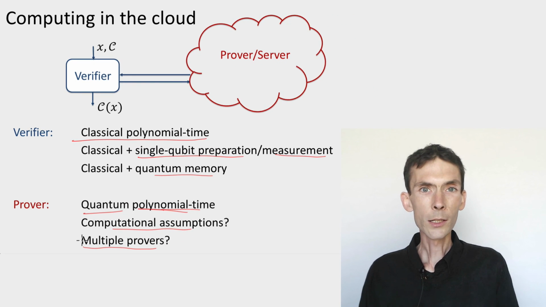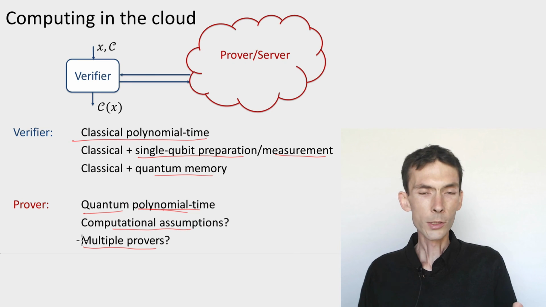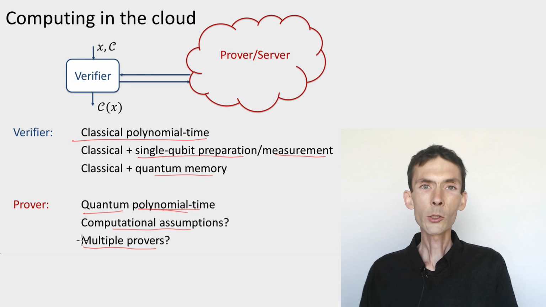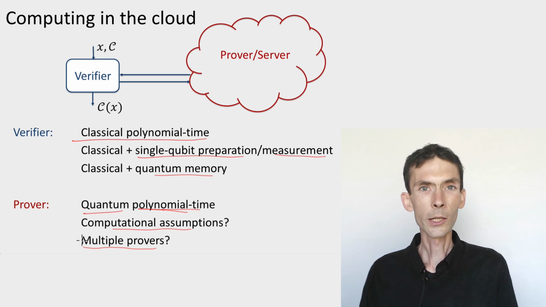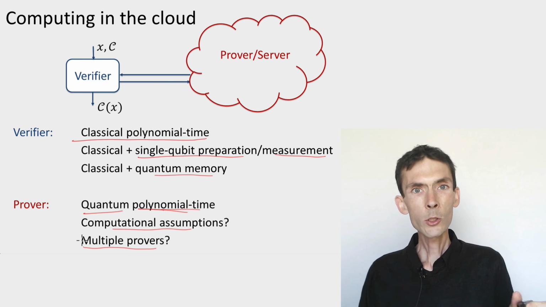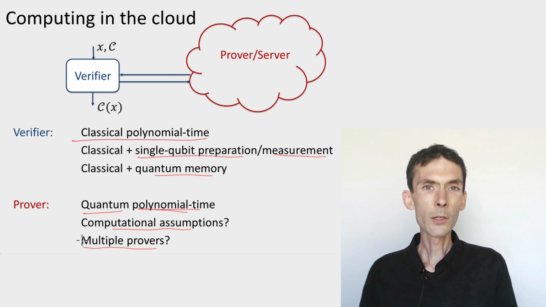So I've told you about delegated computation, about the correctness and cryptographic requirements, and about the efficiency requirements. Now in the next 3 videos, we're going to see 3 different ways of achieving delegated computation. None of them is going to be perfect. Each of them is going to have its advantages and its inconveniences, and each of them will be interesting because it'll demonstrate a different type of cryptographic technique.